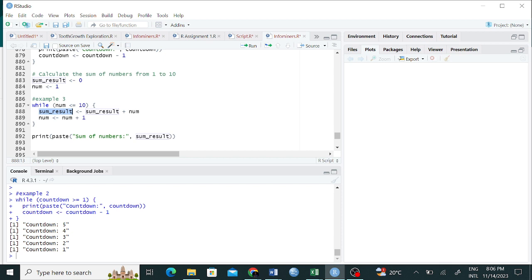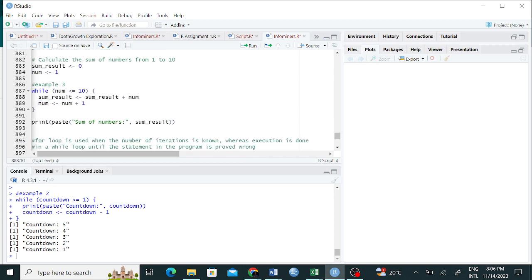And then how are we going to be getting new numbers? Right? Because if you just leave it this way, then it is not a loop. It's something that is going to be run just one time. Yeah, so sum result plus num and things like that. How are we going to be getting a new sum result? How are we going to be getting a new number? So that is the while loop function there.